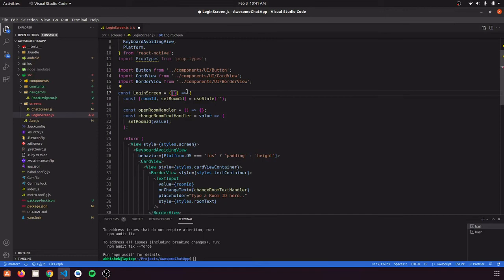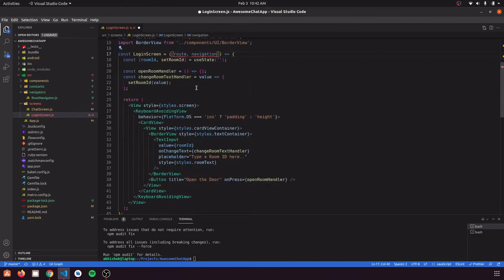And route is an object that will contain the information about the route it is coming from, or the route it is going to, or some props we have passed, which would be inside route.params. So we are having these two props here.